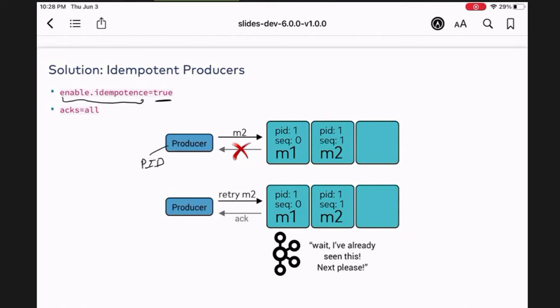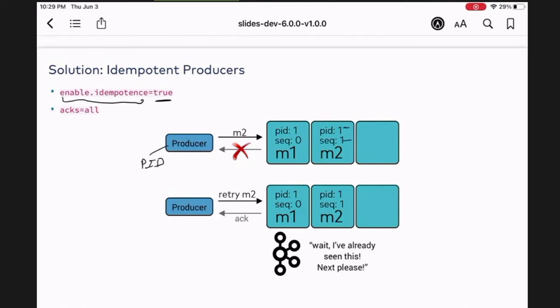But what you're doing is you send a message, M1, and the producer says, hey, my producer ID is 1. That's a unique identifier. Then the sequence number is the number given to this producer, and it will be incremented with each message. So in this case, producer 1, sequence number 0. Next message, the same producer ID 1, which doesn't change, sequence number 1, right?